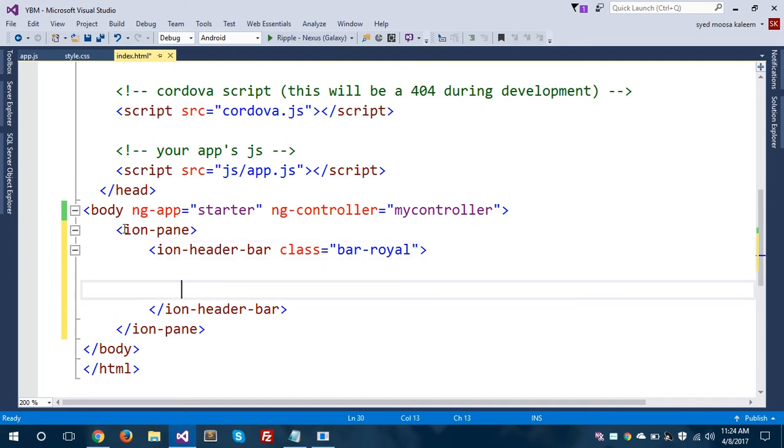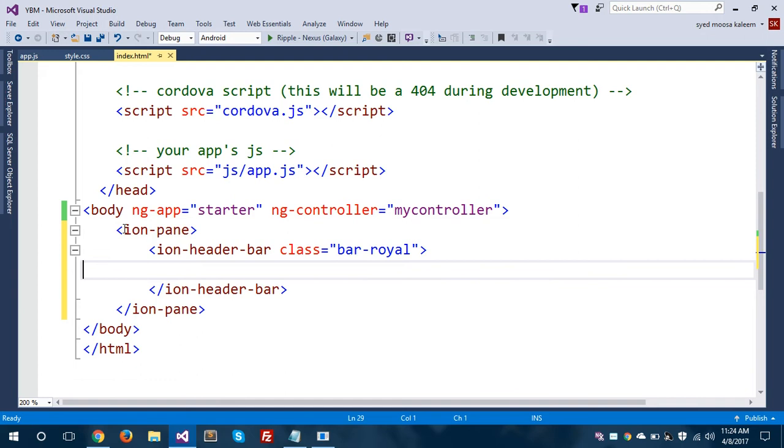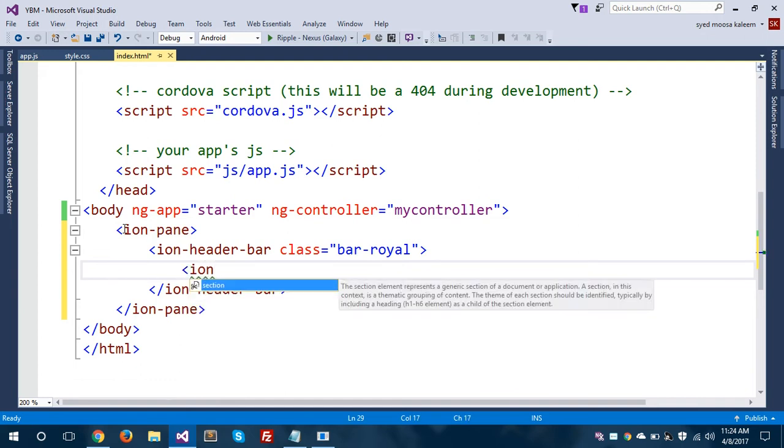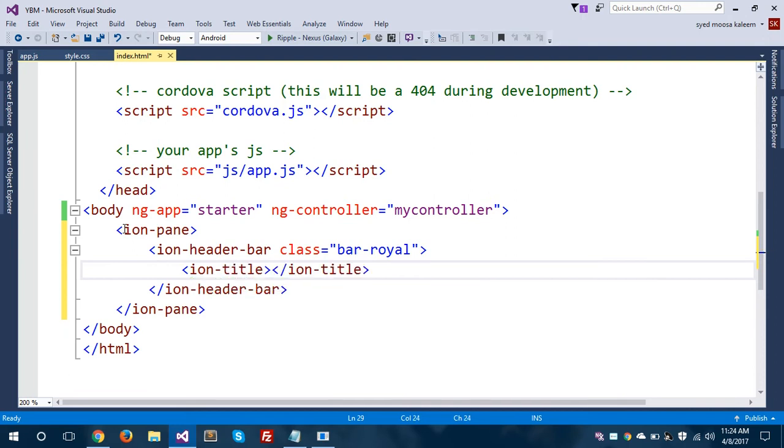Inside this ion-header-bar, I'm gonna take ion-title. These are all Ionic elements, customizable custom elements. So I'm gonna give the ion-title as YBM,